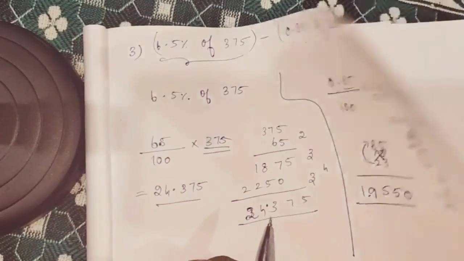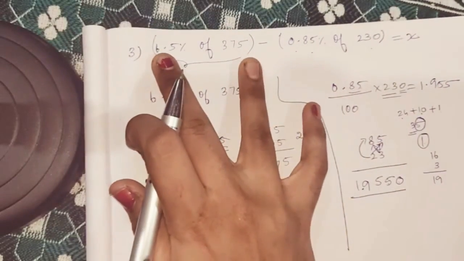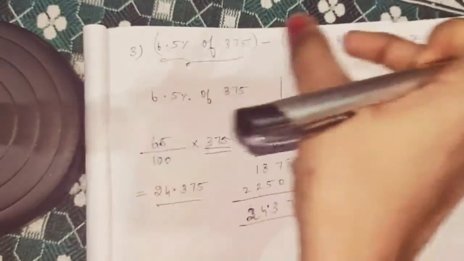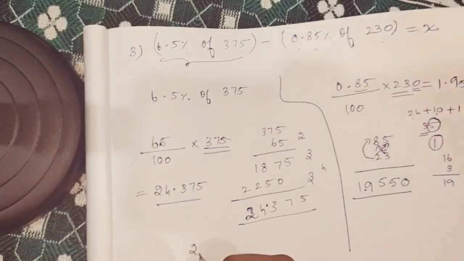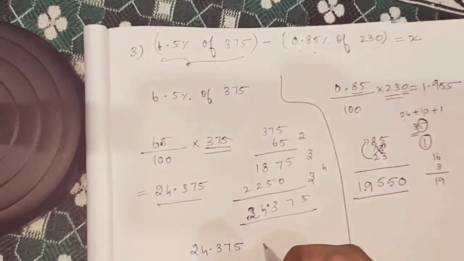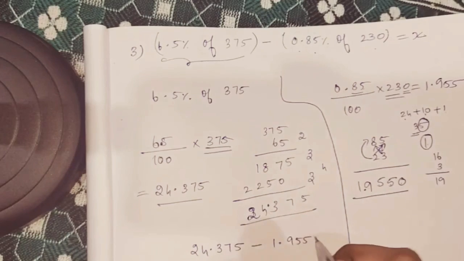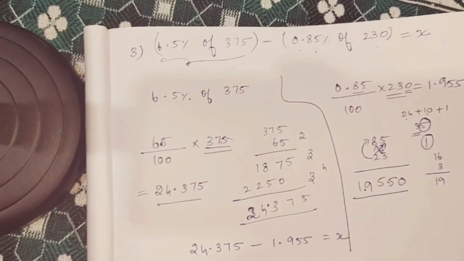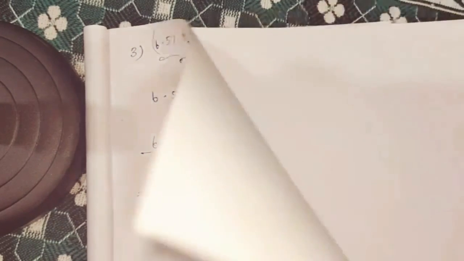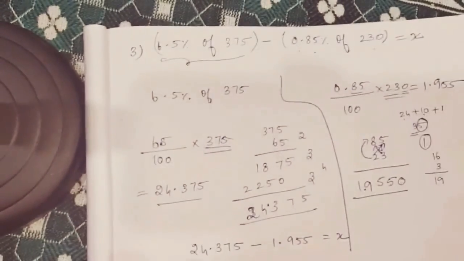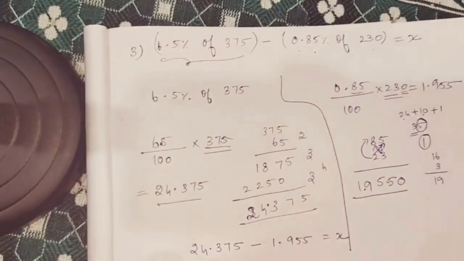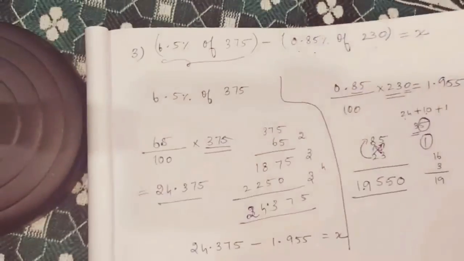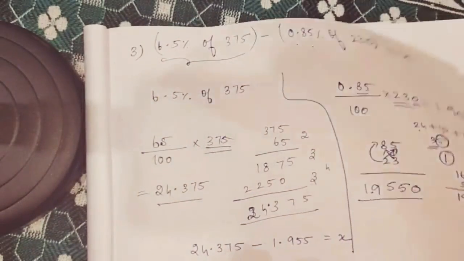So now substitute these values in the question. Already we have learned that if you are given problems like this, you have to solve this bracket separately and this bracket separately, and then cumulatively write the answers, and it will be very easy for you to solve the question. 24.375 minus 1.955 is equal to x. So 375, 955, 1, right? 0, 2, here 10, 13, 4 will come, 3 minus 1 is 2, 2. Therefore x is equal to